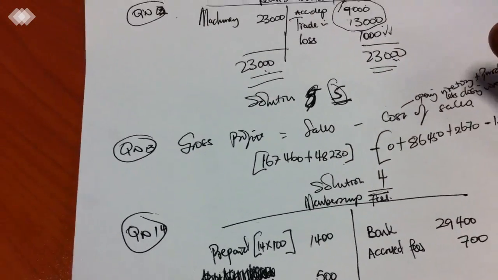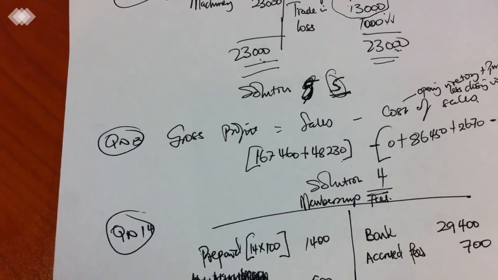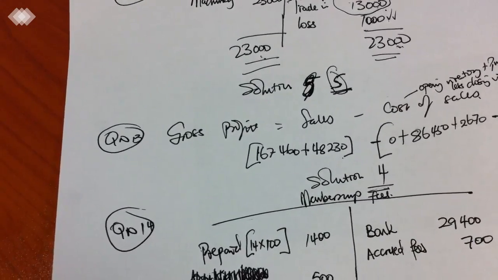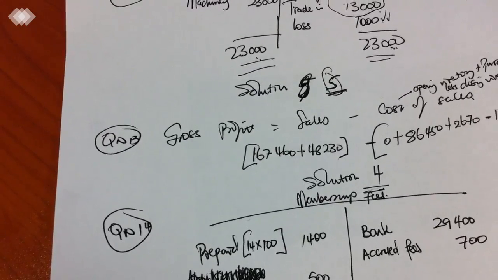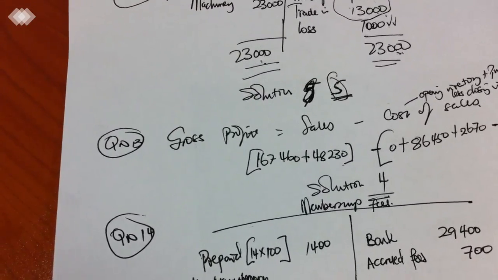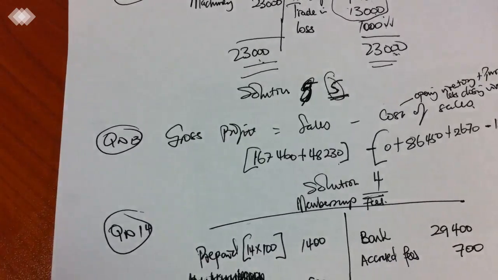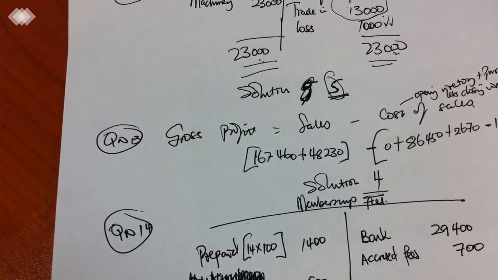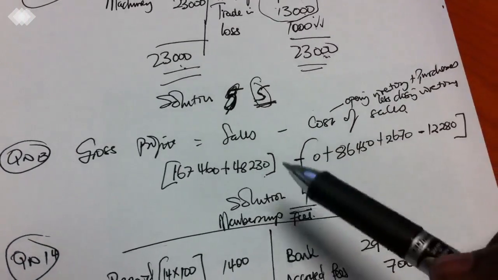Then we go to question number 13. What is it looking for? It's looking for a gross profit of bar trading account. So how do you determine gross profit? Gross profit is the difference between your sales and cost of sales, isn't it? So we're given sales there